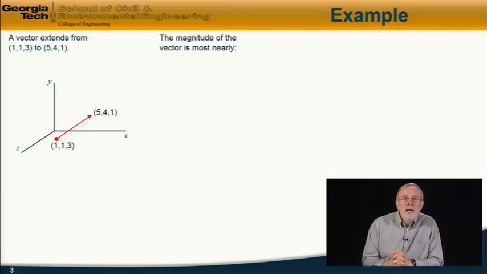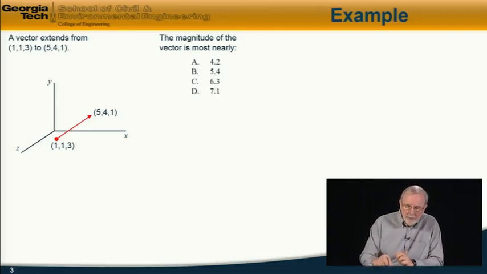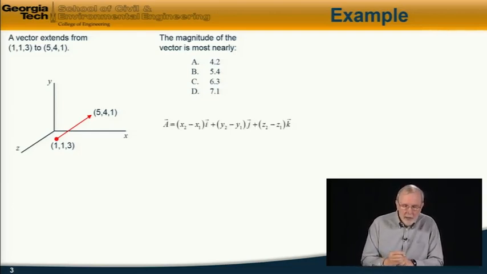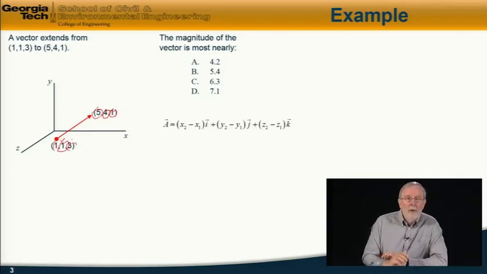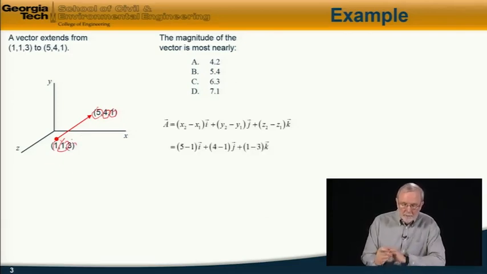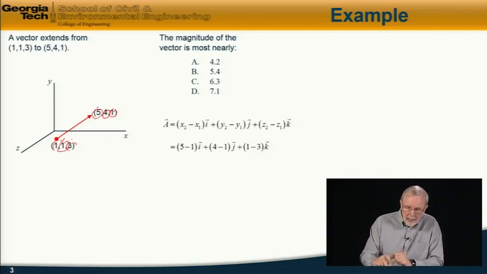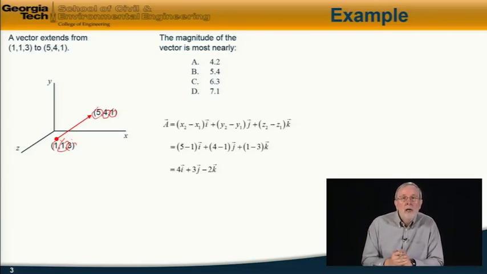First of all, what is the magnitude of the vector between those 2 points? Which of these alternatives? So first we form the vector between those 2 points. And the vector is formed very simply by taking the difference between the components of the second vector and the first one. So the x component is just 5 minus 1, the y component will be 4 minus 1, and the z component 1 minus 3. This equation here. So there's the equation, and expanding that out, we find that that is equal to 4i plus 3j minus 2k,